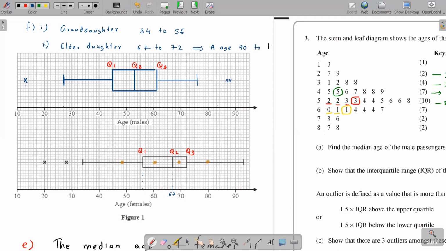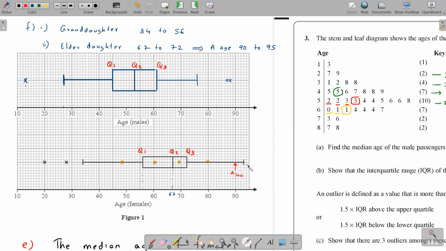So 90 to 95. However, now they have told us that the box plot, is it changing or not? The box plot doesn't change. Now you saw that the lowest value that A can take is A's lowest age, 90. That is when the elder daughter is 67. That's the lowest age for the elder daughter, 67. Then the lowest age for A is 90. Are you with me? Then the highest age the elder daughter can take is 72, which means the highest age that A can take is